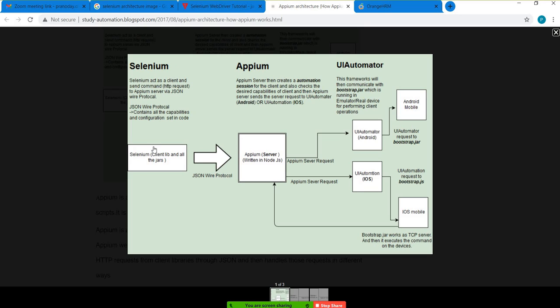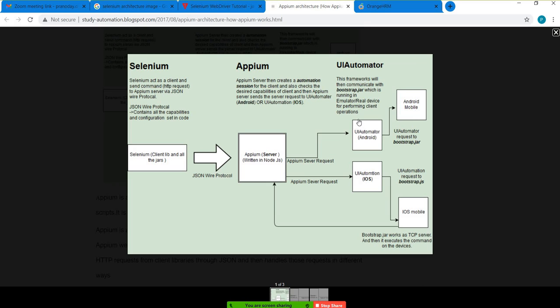So Selenium APIs would be sent to the Appium server, running based on the session request, the initial session establishment request received from the script. The Appium server will start the required driver, Android driver or iOS driver, and the Selenium APIs would be sent to